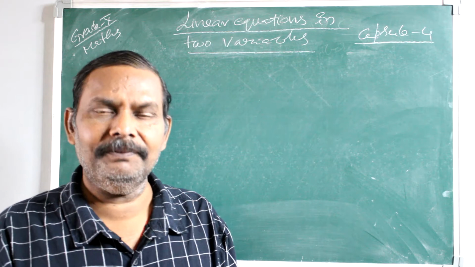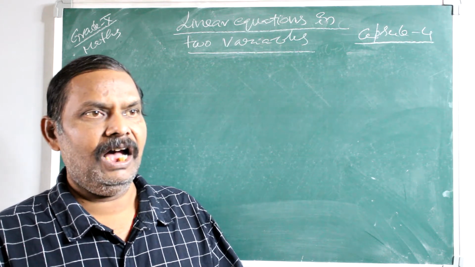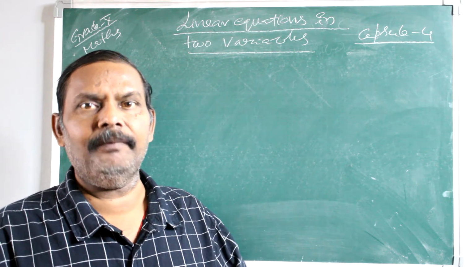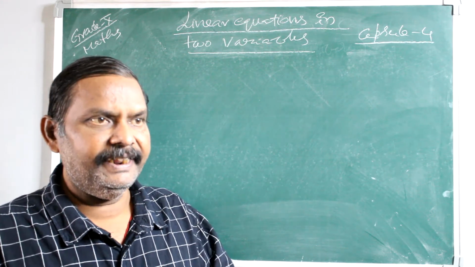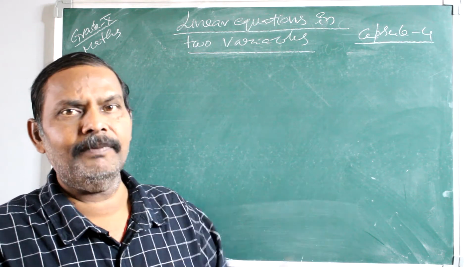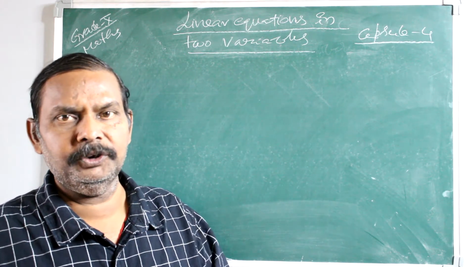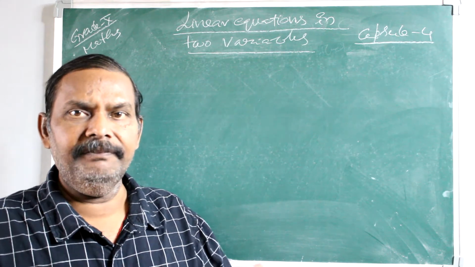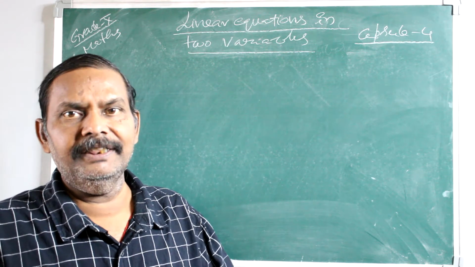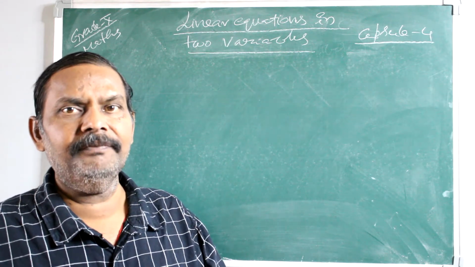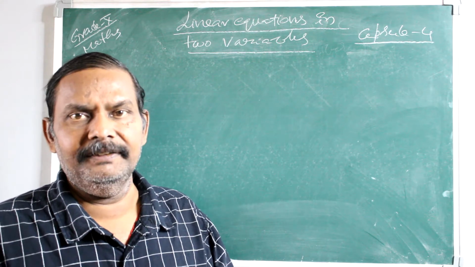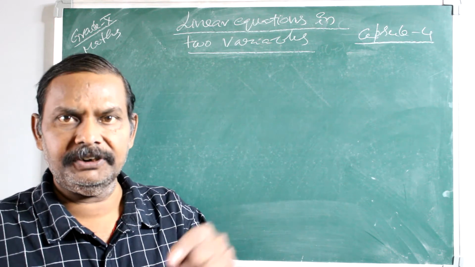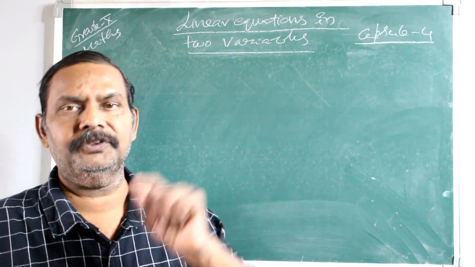In the previous capsules, we have discussed how to solve a linear equation in two variables simultaneously. If directly they have given the linear equations in the form of ax + by + c = 0, we have different methods to solve. If the given equations are not in the form of ax + by + c = 0 directly, then we have to reduce the given equation into the standard form, then we have to solve it.